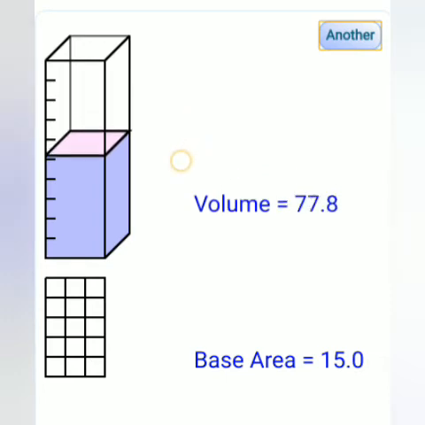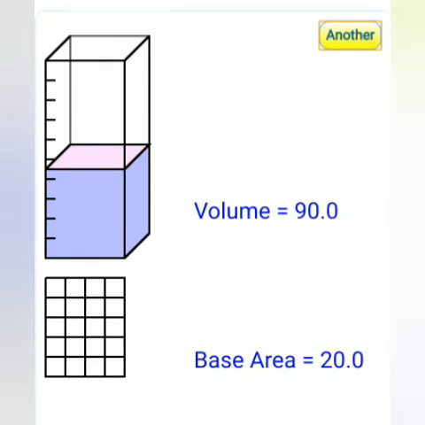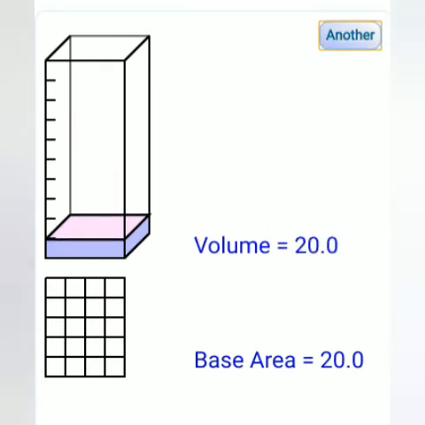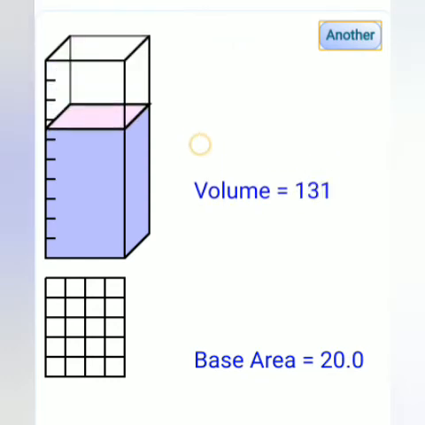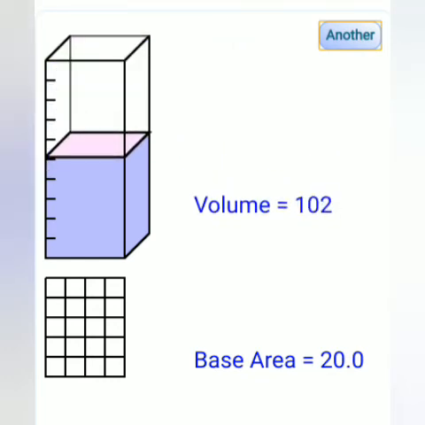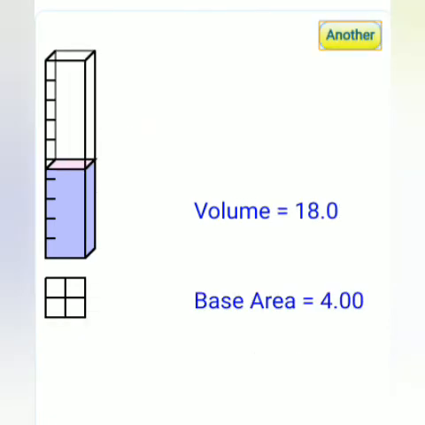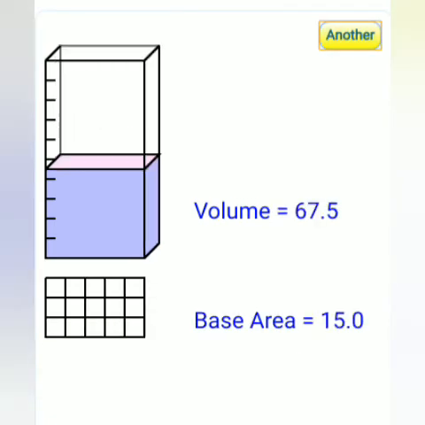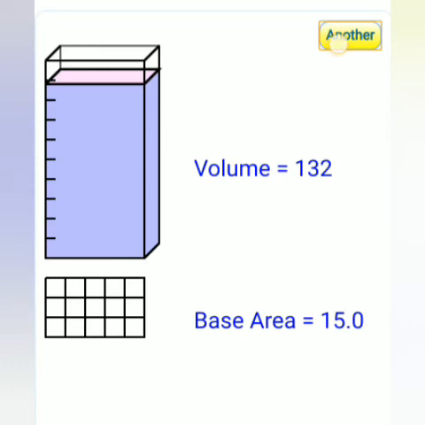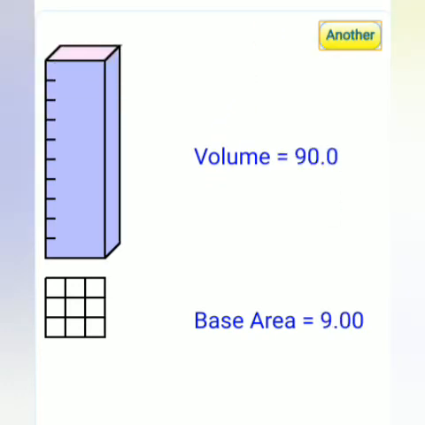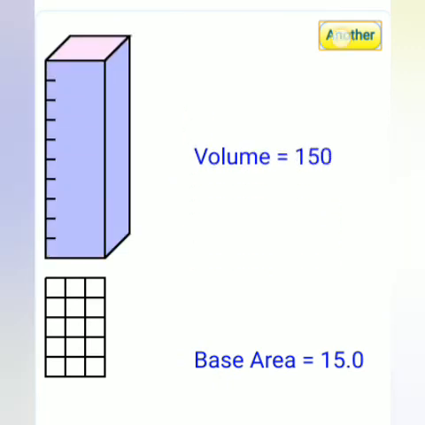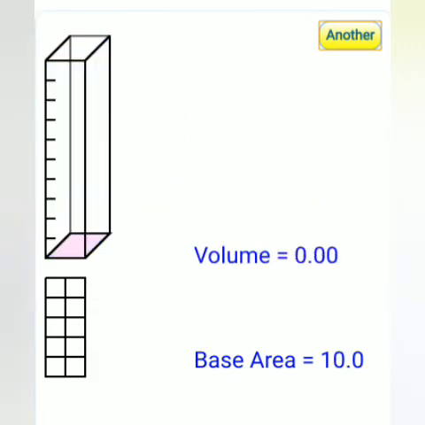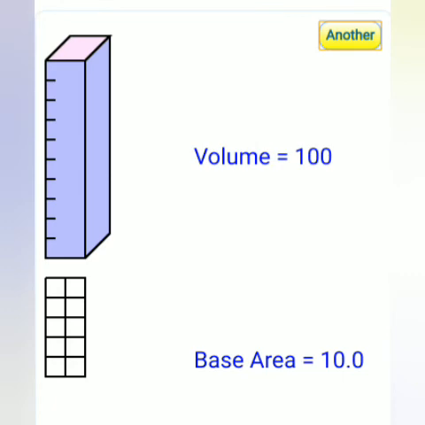So volume completely depends on three very important terms: height, length and breadth. Length into breadth is the base area. When you multiply it by the height, it gives you the volume. Volume basically represents the amount of substance or matter you can put into the cuboid, or the amount of water a cuboid can hold. The capacity of the cuboid is represented by the mathematical term volume.